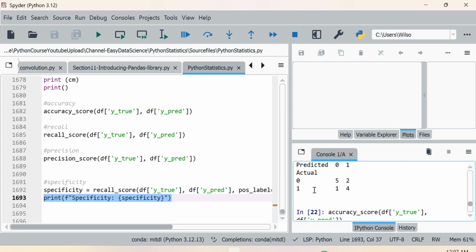So if we look back at this row, if we think this 0 is the positive class, so the true divided by the total. So 5 divided by 7 is